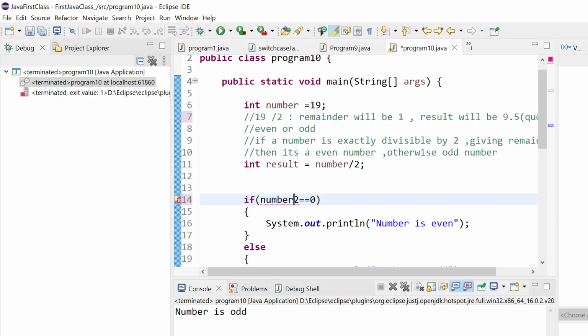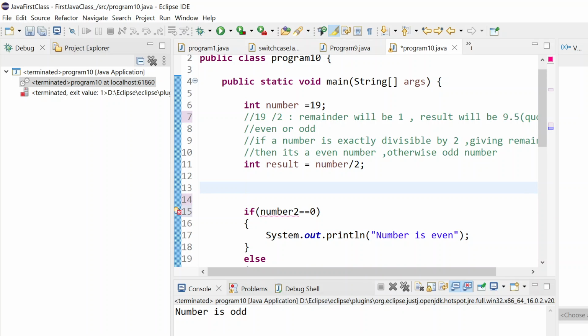Use the modulus operator. There is one more operator which is called modulus. You need to press shift plus 5. This operator will give you the remainder. It will give you the correct remainder. So I will also run it once. Instead of this one, we need to use this one. Now if I run it again,